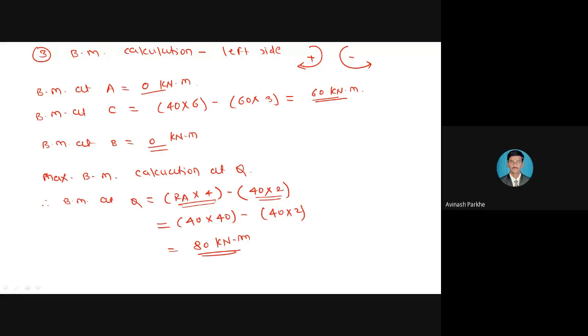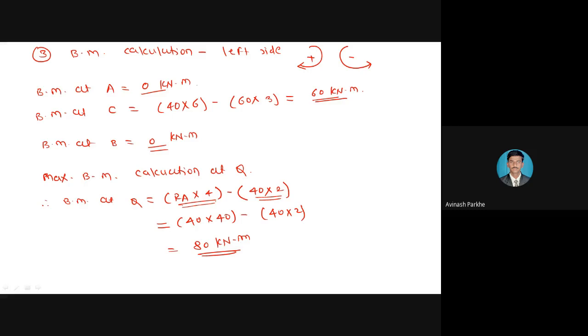Okay. So in this particular chapter, so many varieties of problems are there. If I change the magnitude, if I change the distance, if I change the type of load, you will get a variety of problems. So it is not possible to take all the types of variety. Only understanding the concept is very important. Therefore, if I change the magnitude of load from 20 to 30, your answer will be different.